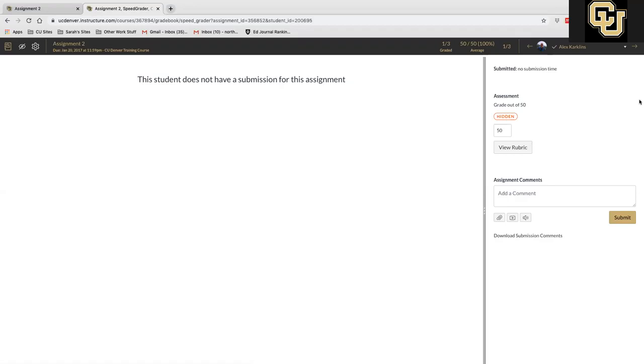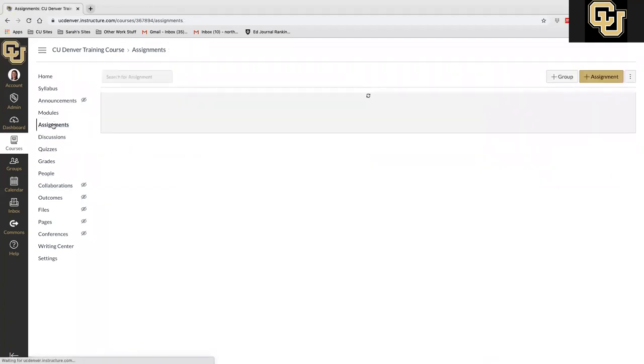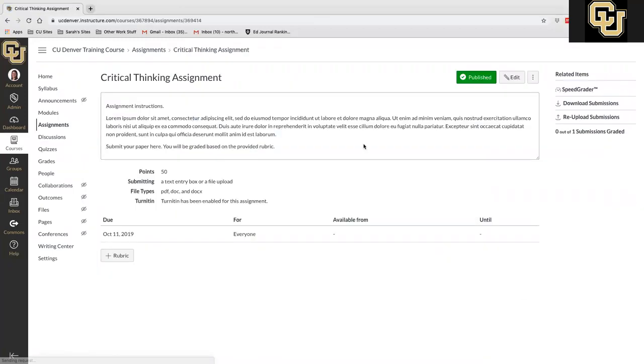Just for the sake of showing you more within SpeedGrader, I'm going to jump into a different assignment. So I'm going to go back into my assignments. I'm going to go into a new one. Okay, here we